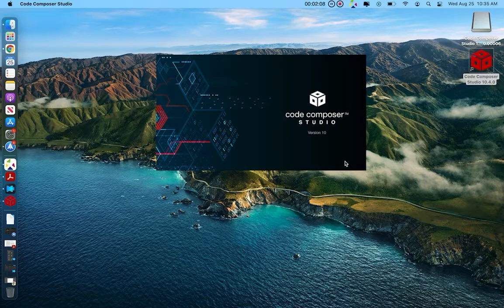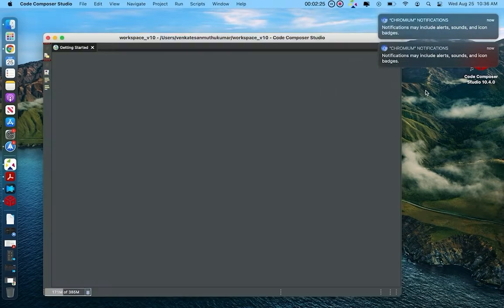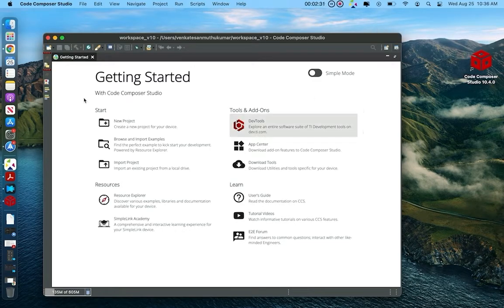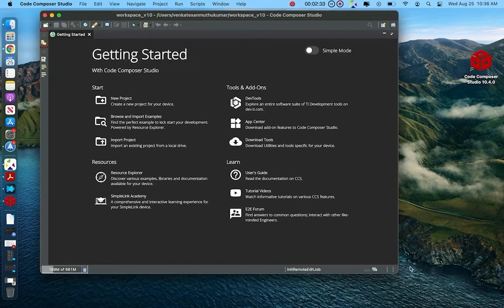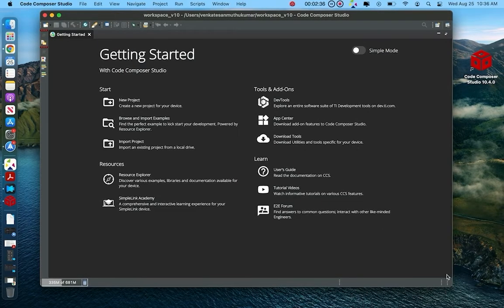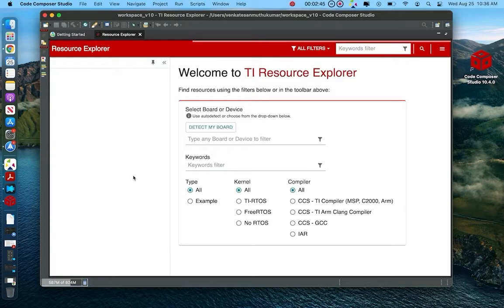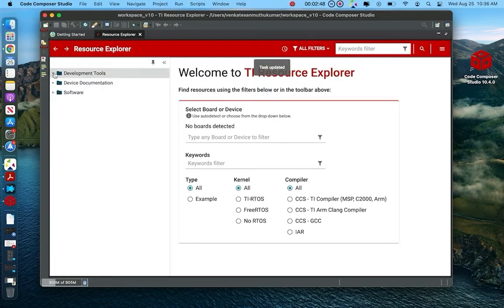Once that's done, I think we don't need that anymore. We should be able to go to your Resource Explorer. Okay, there you go. So we're up and good. And the first thing you want to do is look at your Resource Explorer, and somewhere down here it's going to be